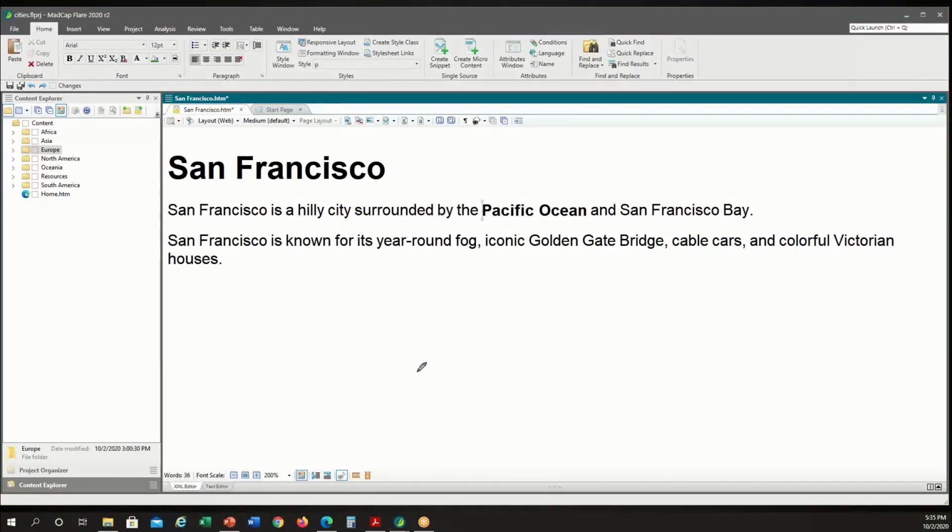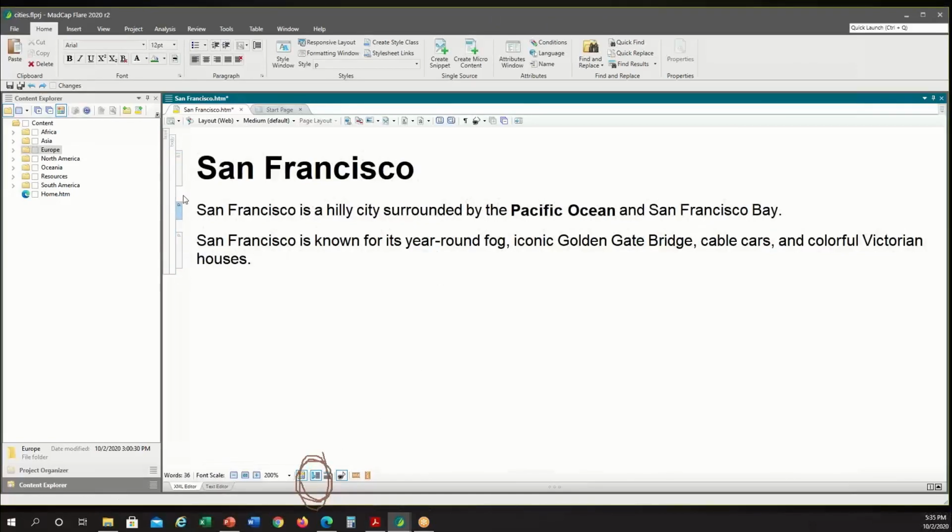On the lower toolbar, there is a little icon here. I'll put a circle around it. It looks like a blue vertical bar with some simulated text next to it. That button is a toggle that will show or hide the vertical structure bars. So let me go ahead and click on that icon, and now my vertical structure bars are visible in my